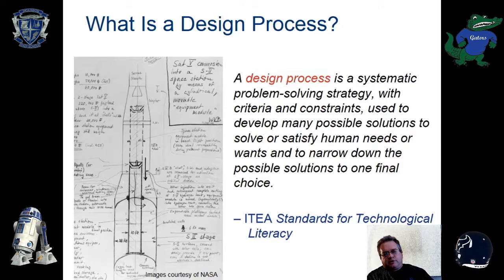So what is a design process? The design process is a systematic problem-solving strategy with criteria and constraints used to develop many possible solutions to satisfy human needs or wants, and to narrow down the possible solutions to one final choice. This is an example of an engineering design process by NASA, and it deals with rocketry, and this goes back to, was that 1962? So they have steps that fully described the different aspects of the rocket,